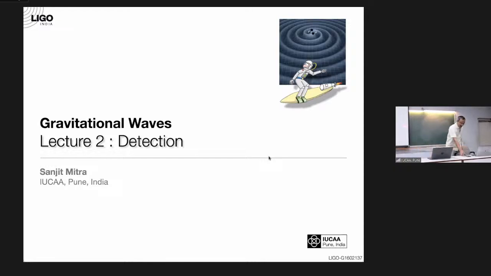Okay, so today we are... In the last class yesterday, we broadly said what gravitational waves are, what the sources are, and so on. Today we are going to detection. Okay, this is very interesting,